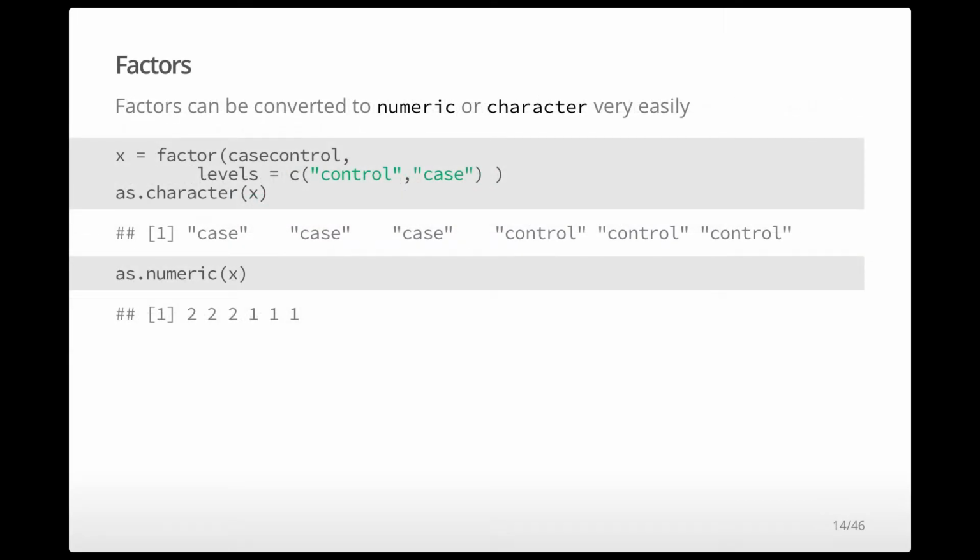All right, so we have that factor back, right? Control and case, control is our baseline. We say as dot character, it gives us the data back as a character string, okay? If you have a factor out there and you want to do some string manipulation to it, you should be doing string manipulations on a character, so you use as dot character, okay? You can do as dot numeric on a factor. What that will do,